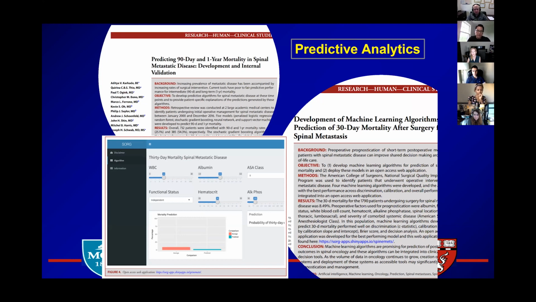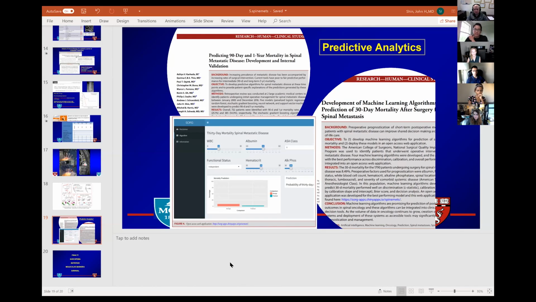And you can find the publication and plug in different parameters and play around with it. And these were publications looking specifically at survival. I'm going to show you, when we continue to refine this, this is our working calculator that we're in the process of refining. And just to show you in real time, we're developing a model looking at predictors of 30-day